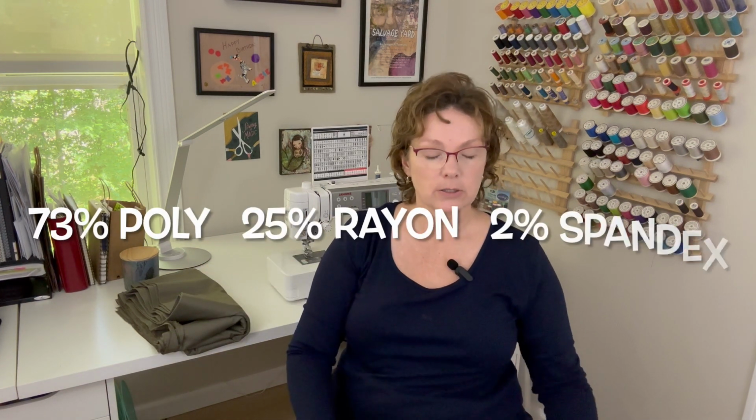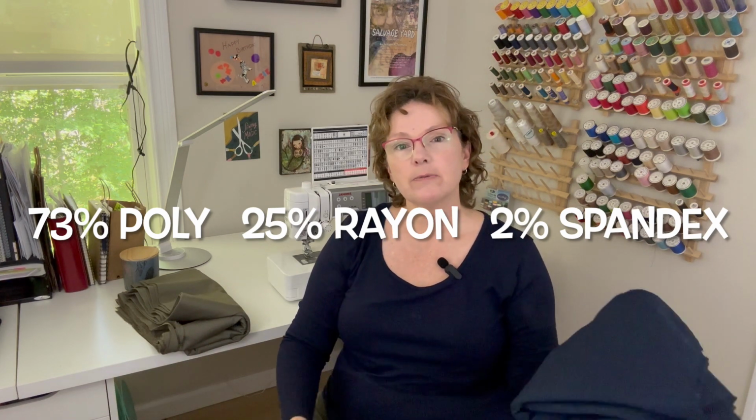So when I got to the second Joann's, as you guys saw, I did end up going with this navy. It's called a navy suiting material, and it was a polyester rayon spandex blend. I can't remember the ratios, but I'll put it up here on the screen. And I had a little bit of reservation about using a poly rayon blend. It seems kind of an unusual combination to choose for cargo pants, but after feeling it in the hand,